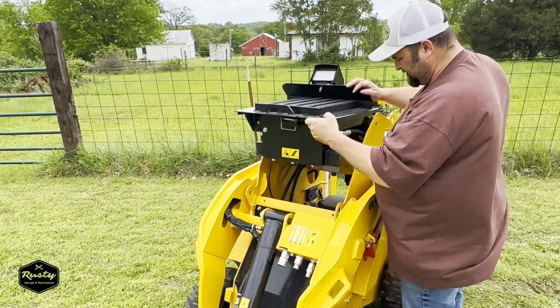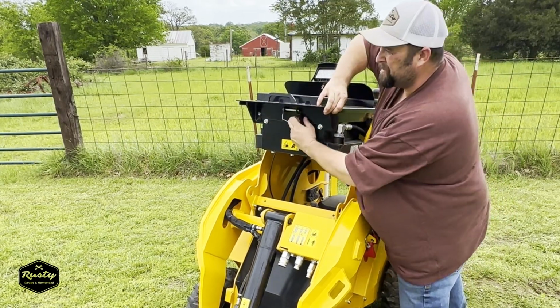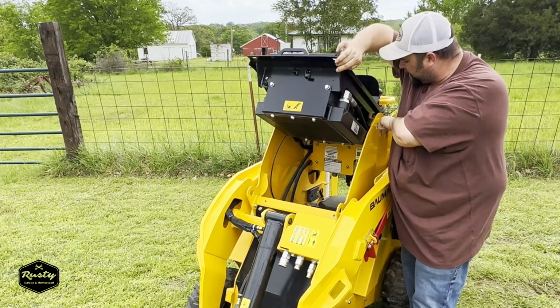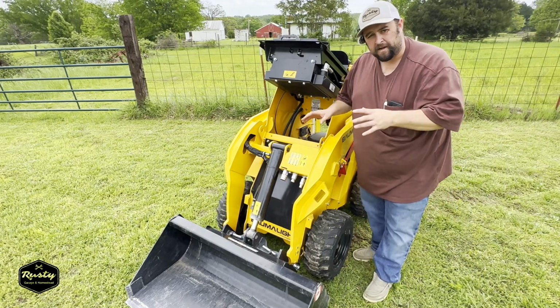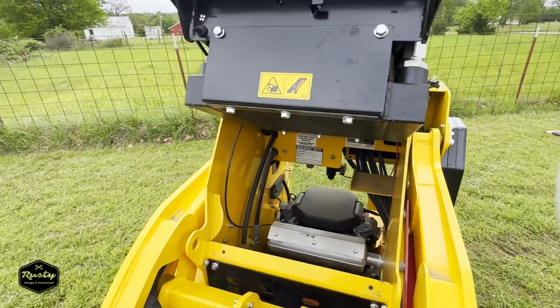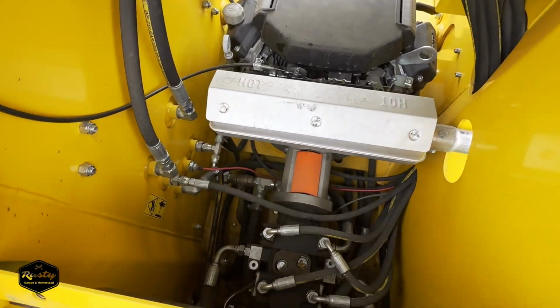Now this machine does have a pin right here. Let's pull it out, pick this thing up, and we're going to pin it up here out of the way, just so I can show you around the hydraulic pumps and around the engine. So with the covers pulled off and the fan, radiator, coolers, all that,